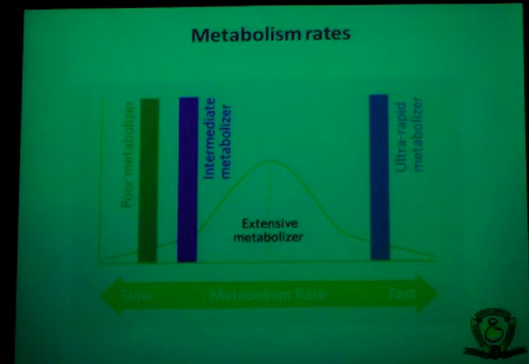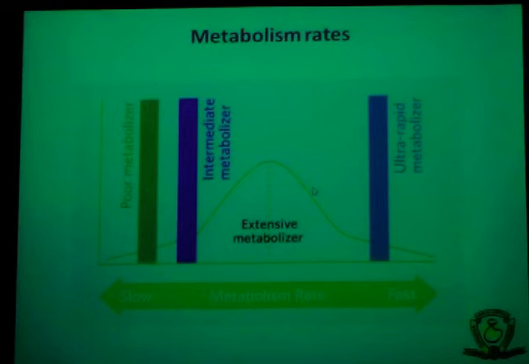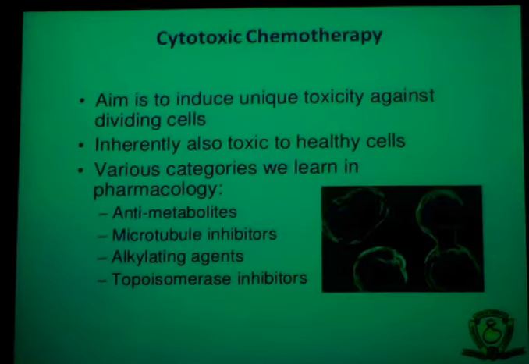What happens with metabolic rate in these different classes of individuals? The metabolism rate of any drug is slow in both poor metabolizers and intermediate metabolizers, and very fast in ultra rapid metabolizers, and good in extensive metabolizers. The polymorphisms that result in intermediate and extensive metabolizers are the best because enough drug is available before it is